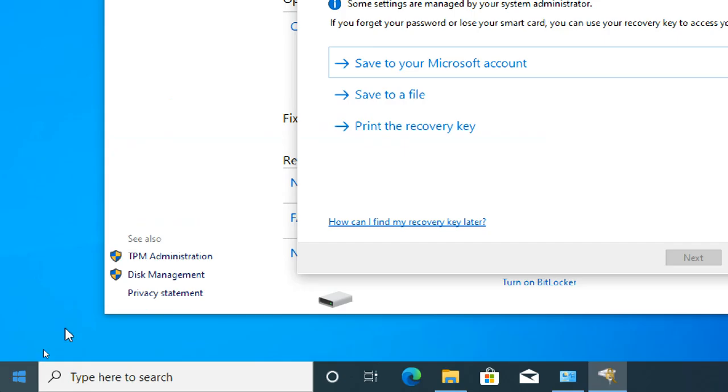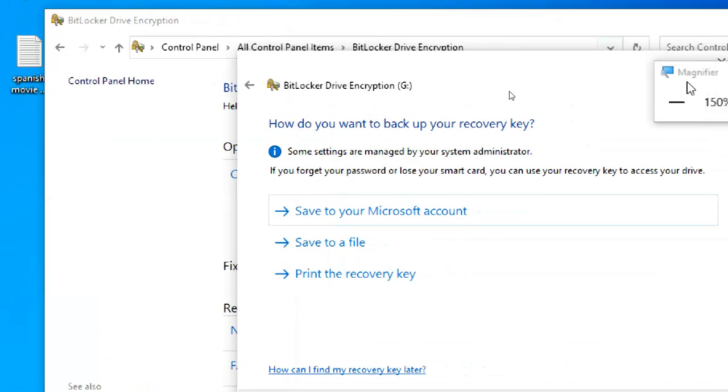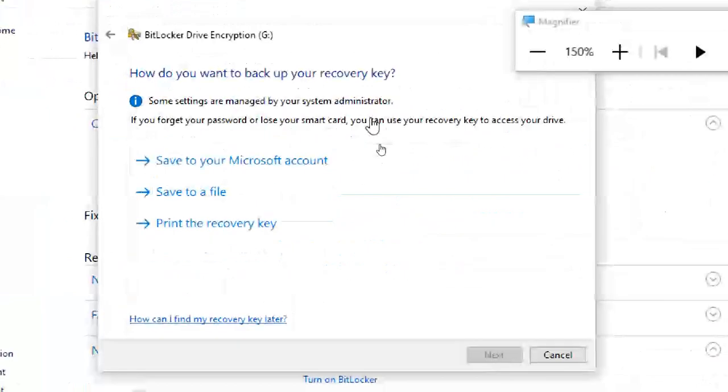Why do we need a TPM? This TPM or a USB is for BitLocker to save the password separately. Don't save the password in the system, but we don't have a choice now, so we are saving into the same system only. Okay. So the first option is the Microsoft account, and what is the last option?